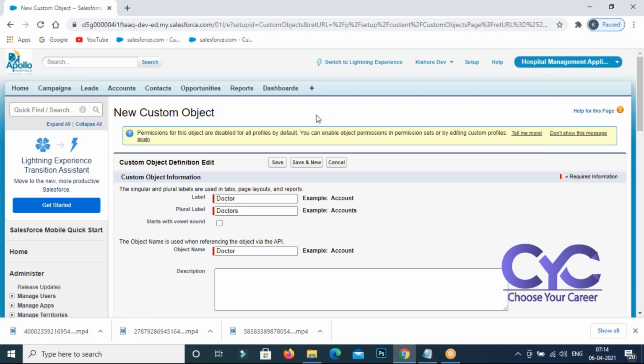If you come to here, there it will be campaigns, leads, accounts, all are plurals. Whenever you create records in this object, you are not going to create only a single record there. You are going to create multiple records, thousands and millions of records. So it must be plural. That's why, whenever you create an object, you must give the plural name. Based on this plural name, a tab is going to be set up here, right? So tabs must be plural there. Got it?